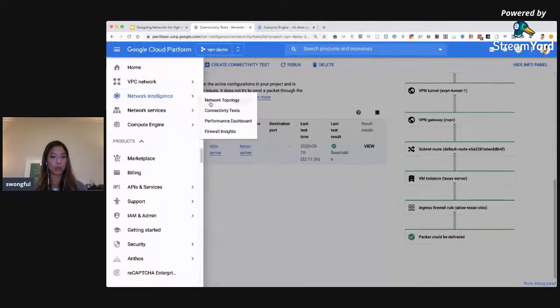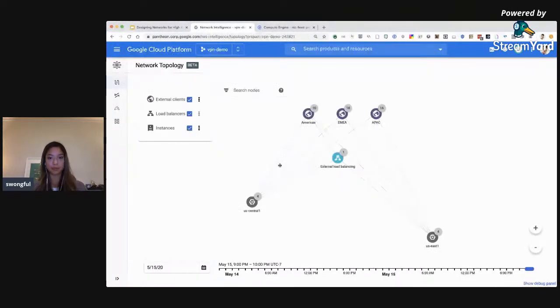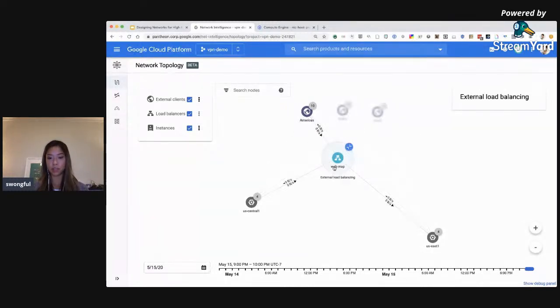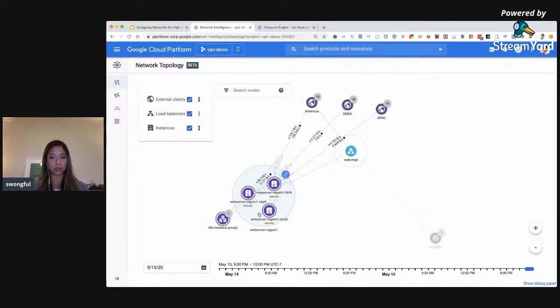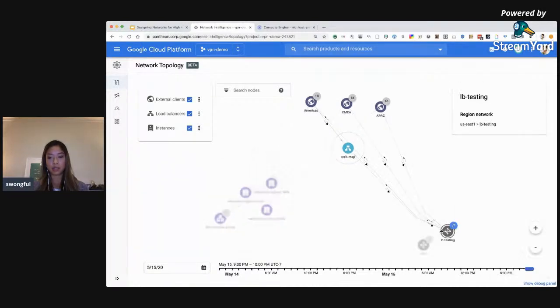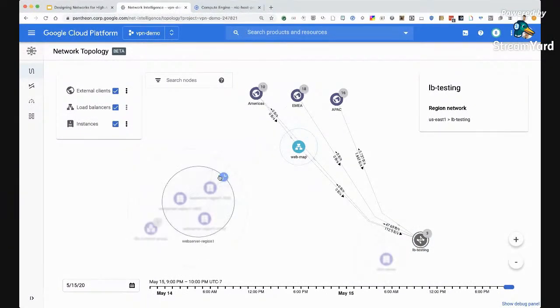All right, so just to show you what that looks like in this environment, as you can see, it's a very nice, clean way of seeing how everything interacts with one another. Here I have my external load balancer laid out. You can drill in. It's the front end that I had deployed just now called web map, and it's pointing at US Central. There's an instance group that I showed you earlier, web server region 1, and then US East. And now, as you can see, it's a little hard to see in this case because it's pointing at additional services that are sitting in various VPCs that I've deployed in this project.